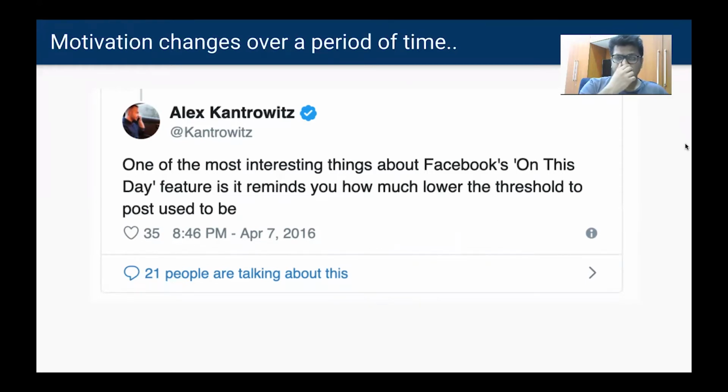And this is one of... he's a writer at BuzzFeed, and it's very interesting, right? On This Day feature, it actually reminds him of how much lower the threshold to post used to be. And that's the change in the motivation of the user. People are not motivated enough to share personal content on Facebook. They are more interested in sharing content that can give them more likes, or can show them in a better light. So the need has gone from a personal interaction to something that they want to share socially on